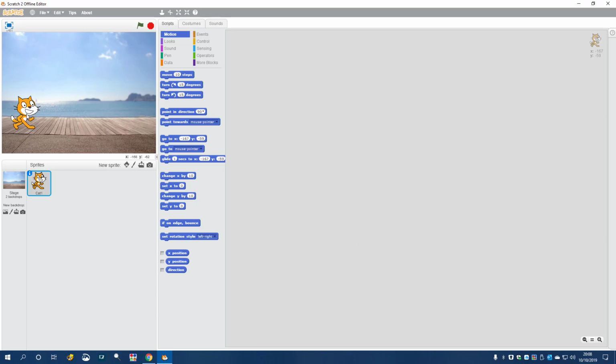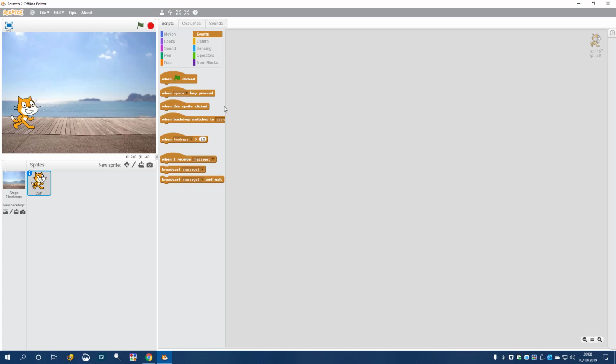So I'm just going to position him here. And then this is the script. So basically the script is broken up into these categories here. And they're all color coded, so I know the blue looks quite similar to the purple there. I know, I appreciate that. And there's a dark green and a green and a dark orange and a light orange. Okay, and even another orange there. So generally, when you look at my tutorial, you've got the colors actually on there, and they will relate to these ones here. Generally, you just click on events first of all,